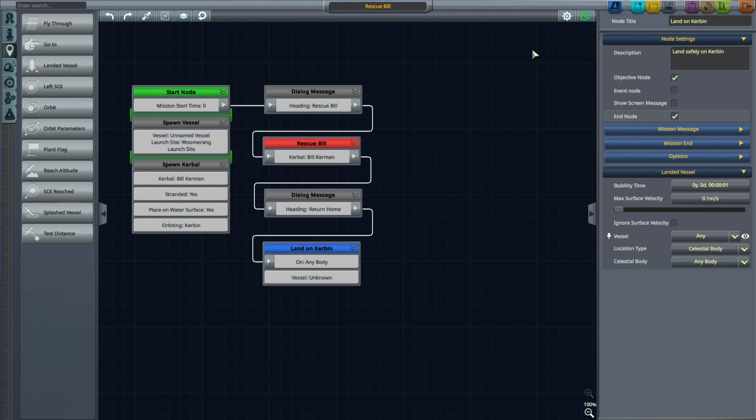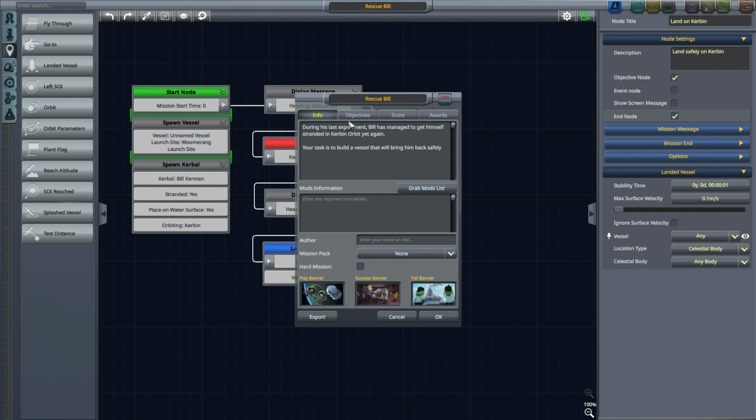Okay, so now the final thing to do is to go into the mission briefing, and as you can see, I have pre-filled this information. During his last experiment, Bill has managed to get himself stranded on Kerbal yet again. Your task is to build a vessel that will bring him back safely. And we can add some more information, like saying, since the KSP launch pad is being